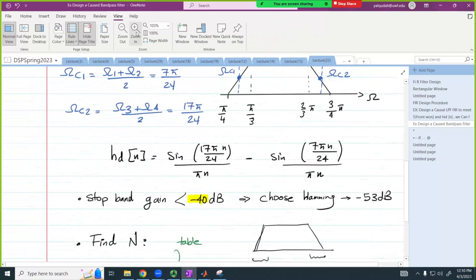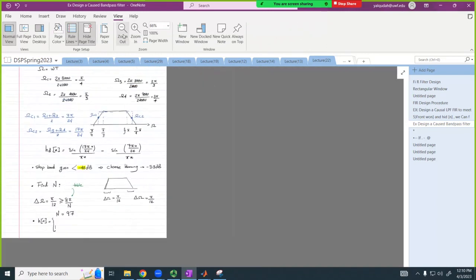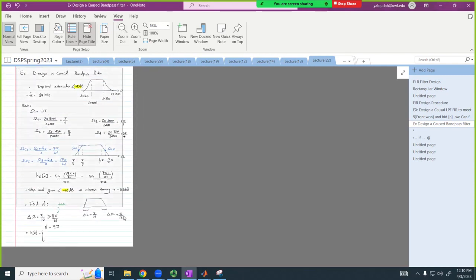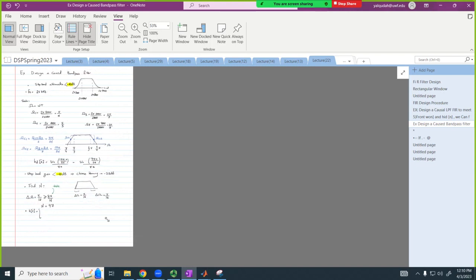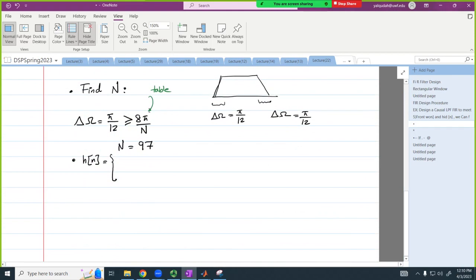96. And then we go to 97. I'm going to squeeze everything so we finish all this in one page. Okay, so h of n